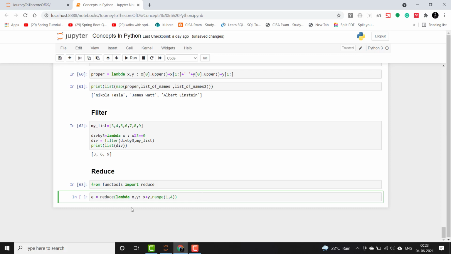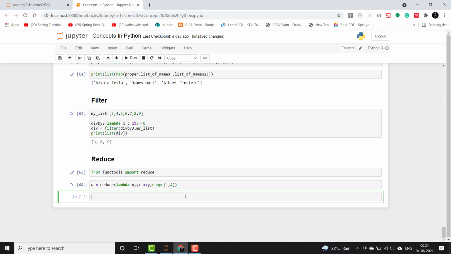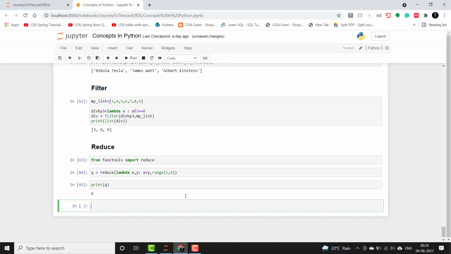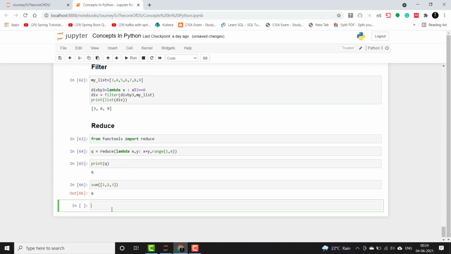What it will do is take each of the elements like 1, 2 and 3, and start iterating and passing them one by one into this lambda function. Let's run this, and then I will show how it is doing that. Then I will print this. So 1 plus 2 is 3, plus 3 is 6. So it has given us 6. You can see the sum operation also does the same thing if you pass a list here. Right now there is no difference, but you will see the difference later on in the other sections when I teach it.